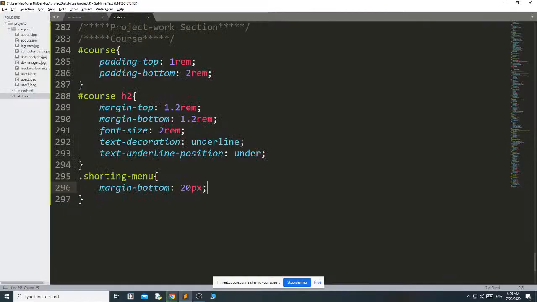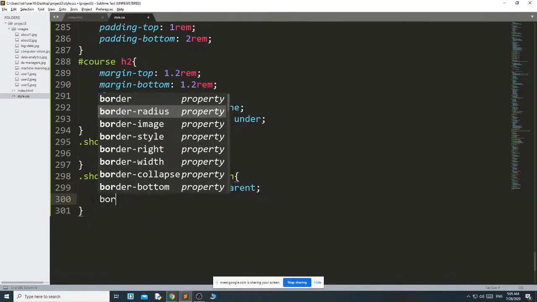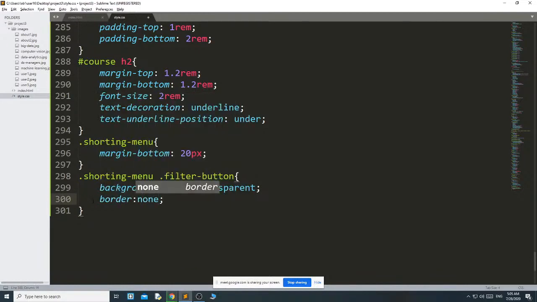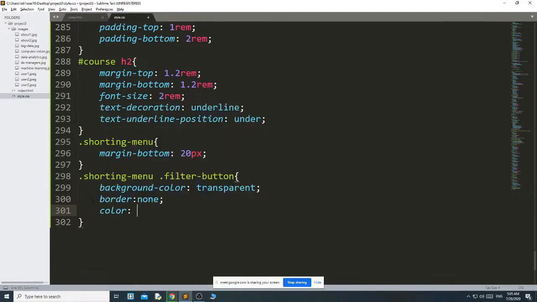Then I want to apply the filter button, sorting menu dot filter button. For the filter button, background color I use transparent, border none, then color as 727695,